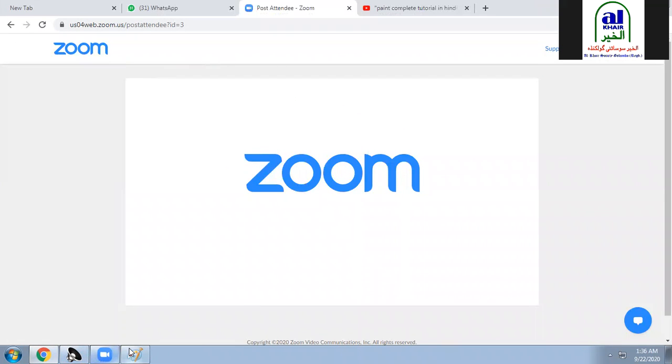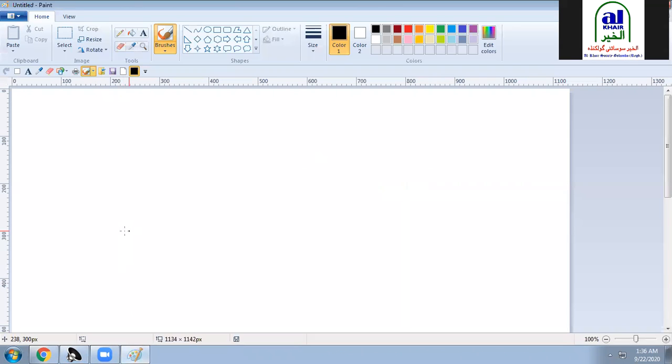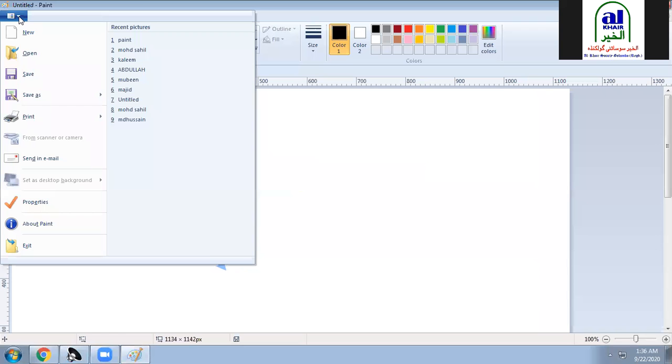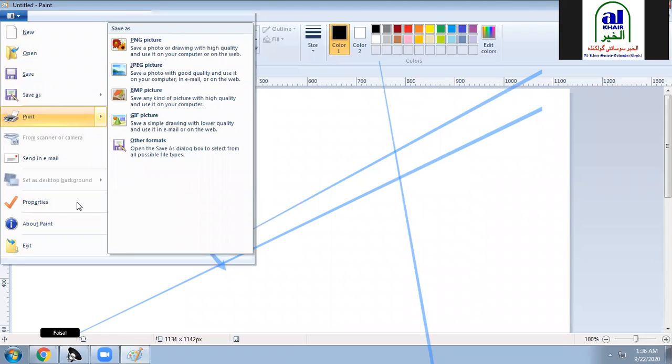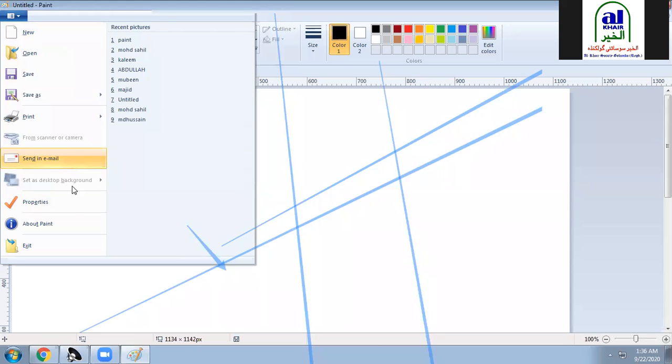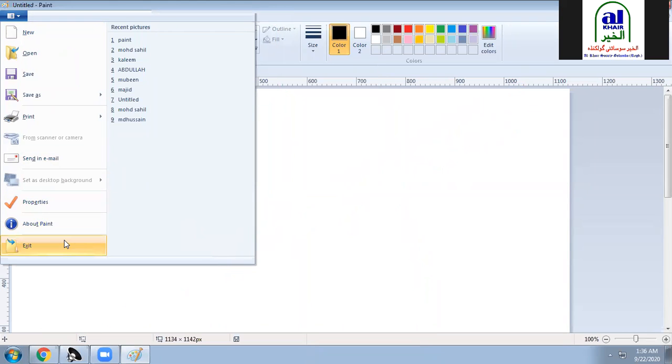So in Paint you have the options here: new, open, save, save as, print, send in email, properties, about, exit. Those who have painted before, their file names are there.